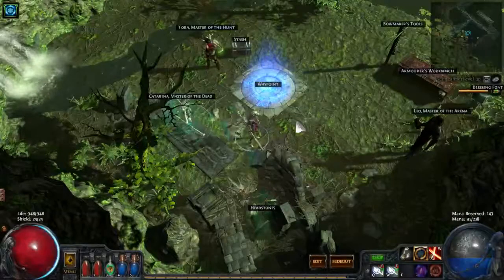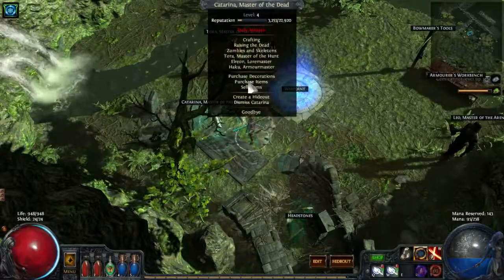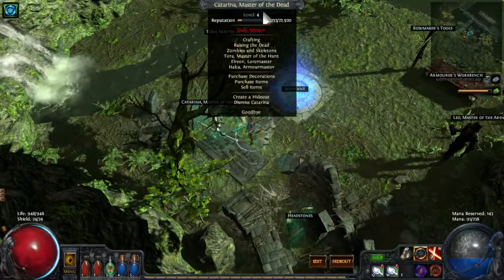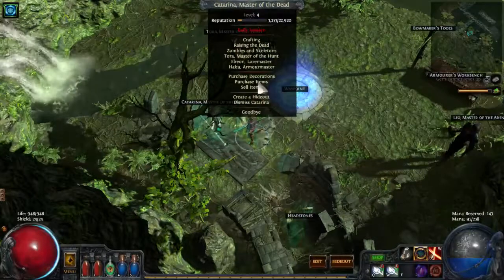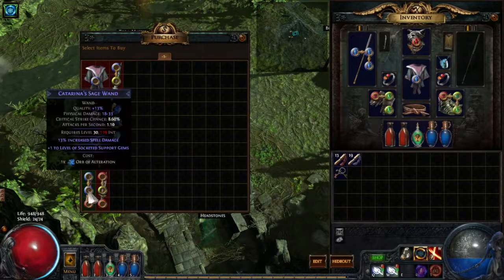Alright, the missions are done, so we can just check in with the vendors and see what new items they have to offer. Katarina leveled to 4, so from now on she offers items with her so-called signature mod. In her case, it is +1 to level of socketed support gems, which I personally think is just trash, because